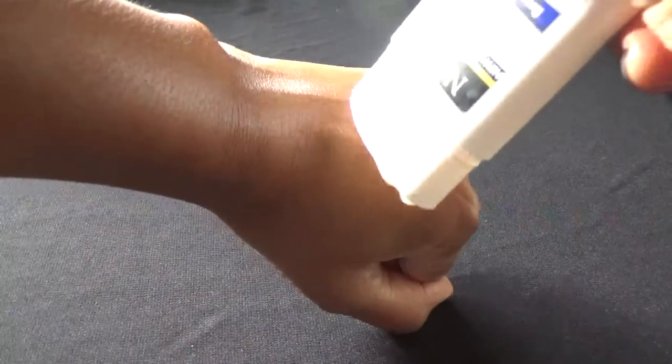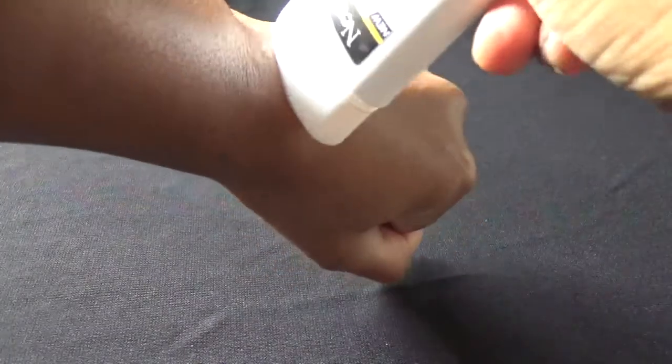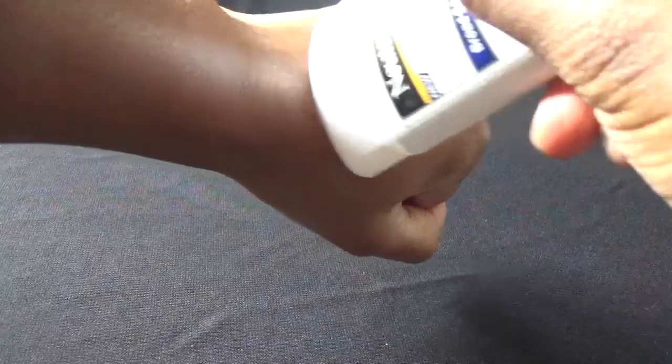It's the only sunscreen that I'm going to be talking about today that does not leave a white cast upon application. All of the other sunscreens that I'm going to be talking about, when you apply them, they are white and they do have that white cast. You just have to keep on rubbing the sunscreen into your face in order to get rid of that white cast. But this sunscreen from Neutrogena does not leave a white cast when you first apply it,